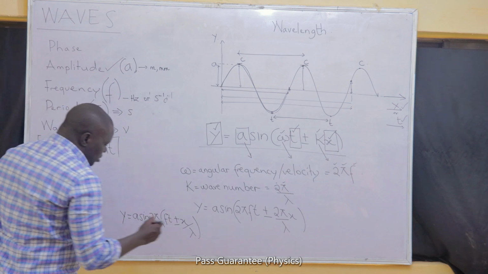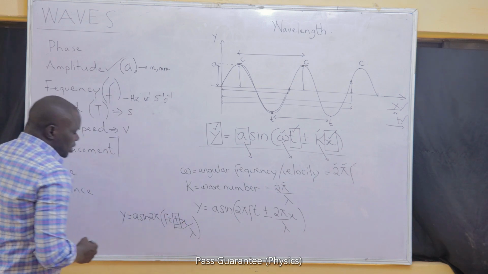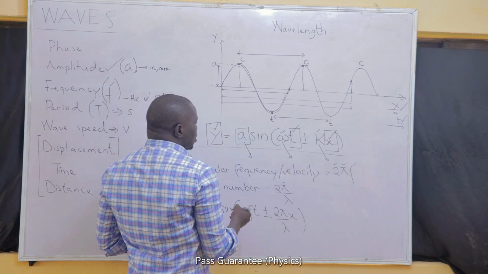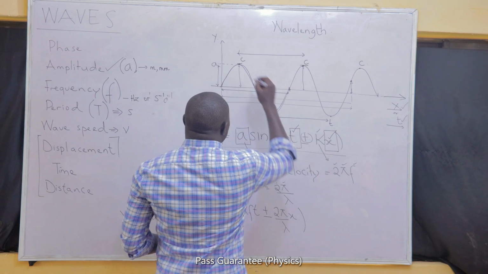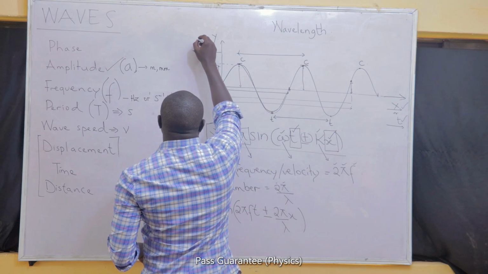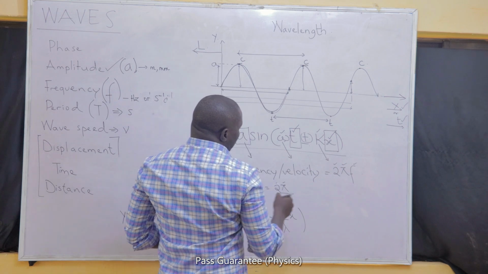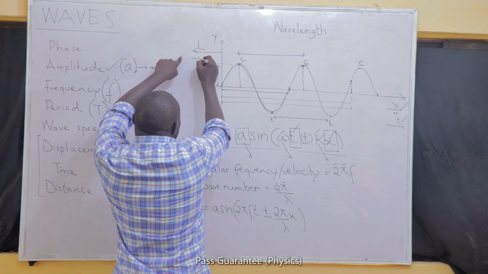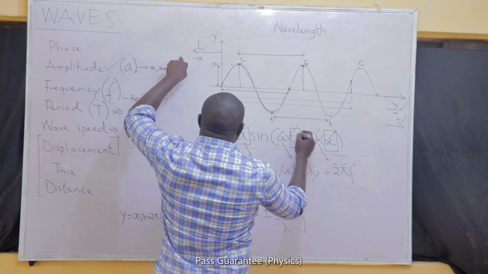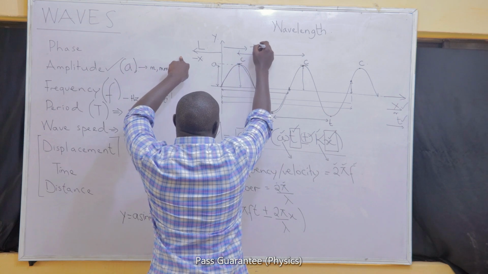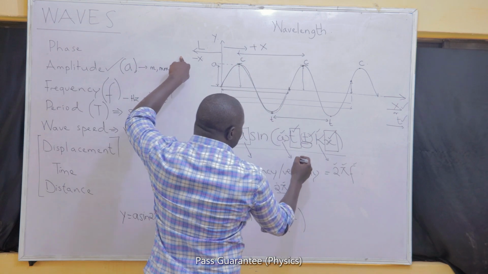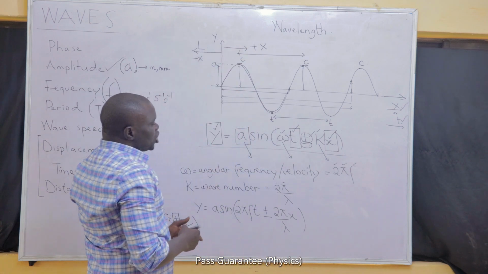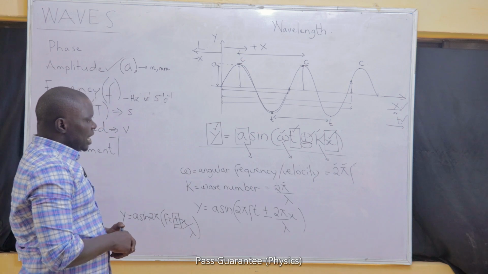You can see me using a positive and negative sign. You can have positive in the bracket. You can also have negative. It becomes positive only when the wave is moving in the left direction of the origin, that is in the negative x-axis. If it is moving in the negative x-axis, we use a positive sign. If it is moving in the positive x-axis, we use the negative sign. So the sign that I use here is the direct opposite of the direction that the wave is traveling along the x-axis.